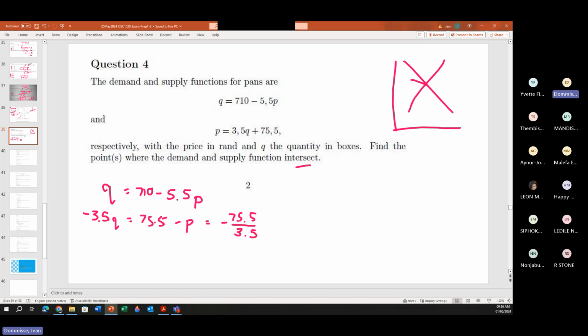I was hoping that would be a nice number if we cancel it out, but it won't. Okay, so divide that, then it is P divided by minus 3.5. So that will become positive. So the one then is Q is 710 minus 5.5P, and that is equal to